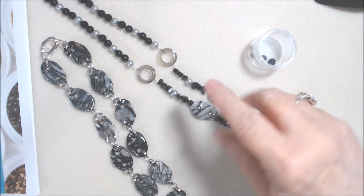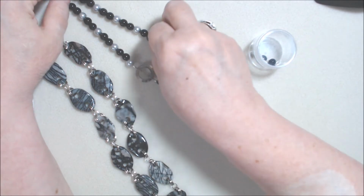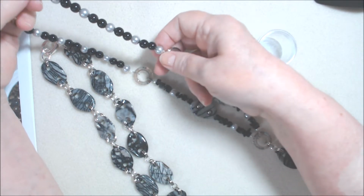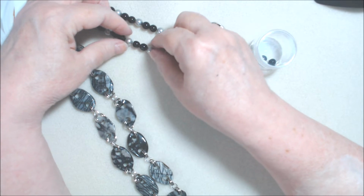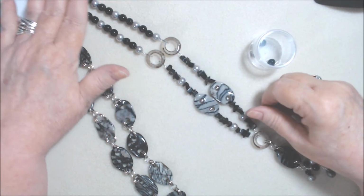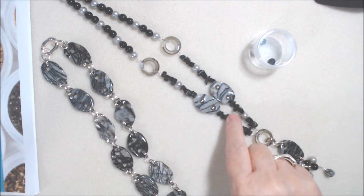Now, the problem with those is I have no idea which gemstones these are. There's probably at least 2 different kinds of gemstones in here. I'm pretty sure some of them are black obsidian, but because of the way if you hold them to the light, the way they look, I'm not sure. But I just did a design back here, and then these, when I was doing my Jasper